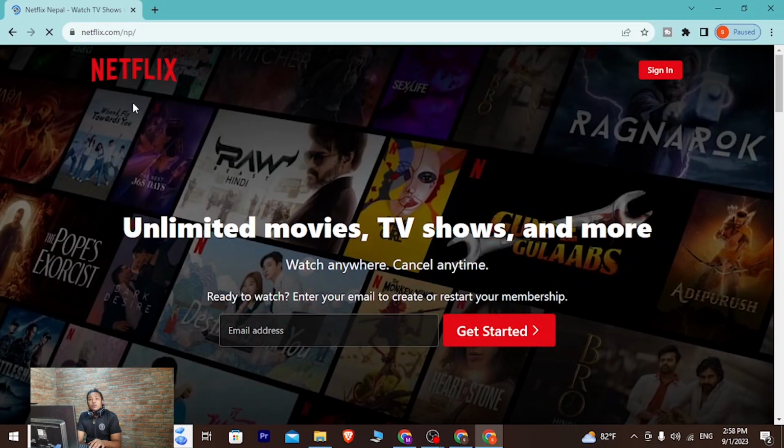Now in order to log into your Netflix account, at the top right corner of the screen you can see the sign in button available for us. Click on that sign in button,